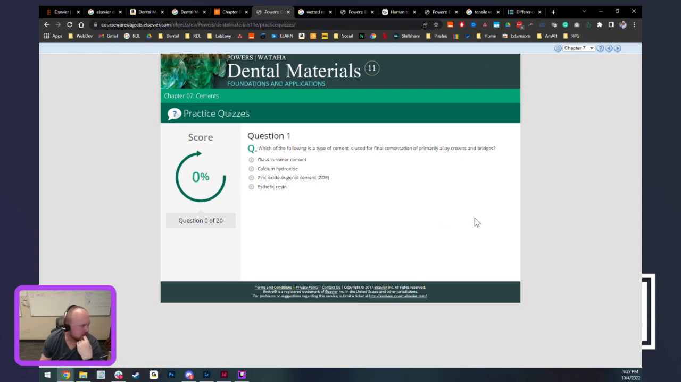Cements. Let's do cements next. Which of the following is the type of cement used for final cementation of primarily alloy crowns and bridges? Okay, so I know that there's different. I'm going to guess glass ionomer cement. I'm guessing glass ionomer cement is made for etched surfaces. So that leaves either calcium hydroxide or zinc oxide eugenol, or Zoe. I think Zoe is the cement that they used in